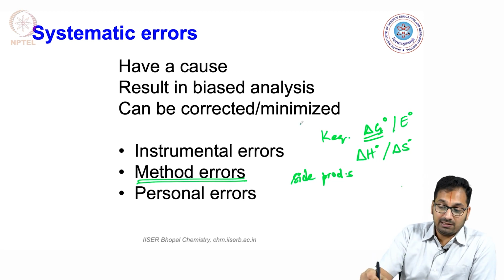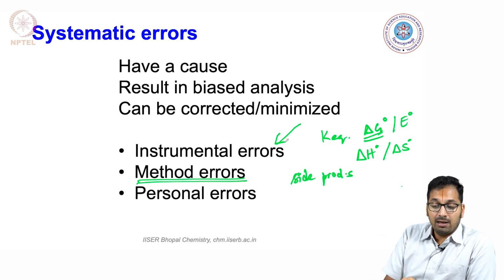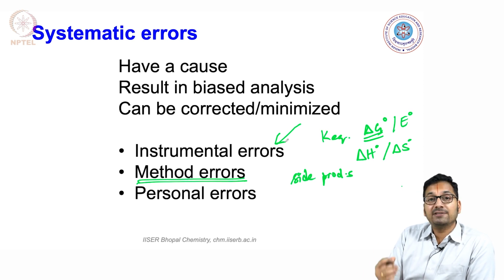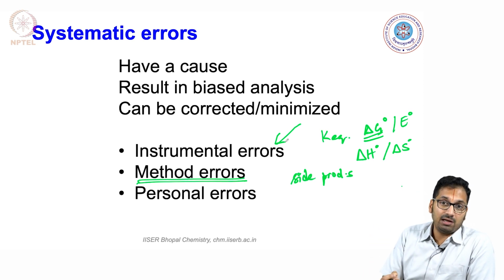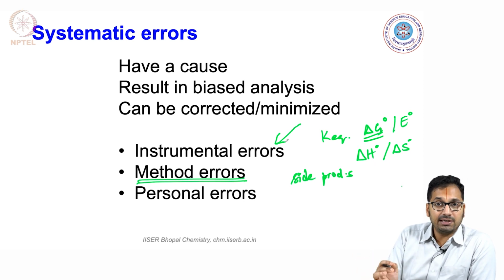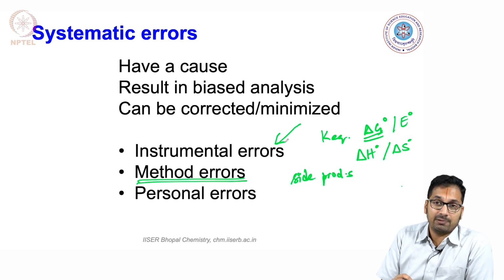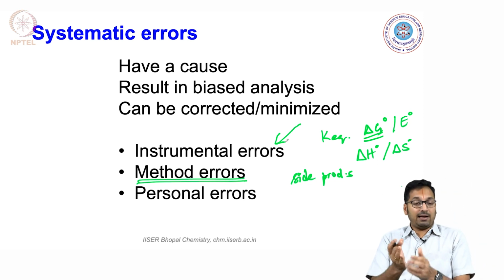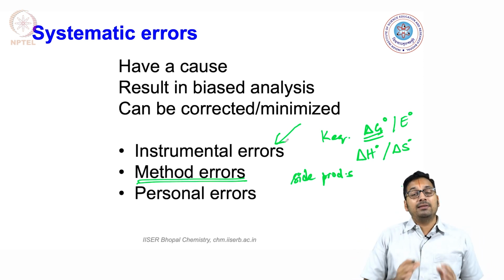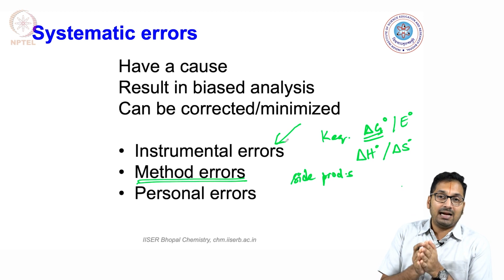Of course, in the instrumental error, I already pointed out that a weighing balance can be calibrated, a pH meter can be calibrated. What one could do is to come up with a comprehensive methodology incorporating all this that could happen for an experiment prior to setting up this experiment, that will help you minimize these errors. For instance, let's say you're doing an adsorption experiment that takes overnight to equilibrate. It's always a good idea to start your experiment a day earlier and get this going.